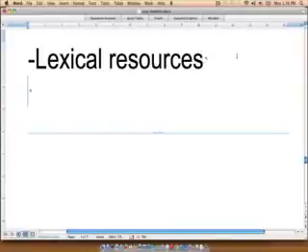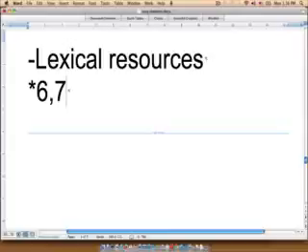So lexical resources refers to the words, phrases, and wordings that the student uses on their exam. So what's common between 6, 7, and 8? Well, let's start with that. So 6, 7, and 8